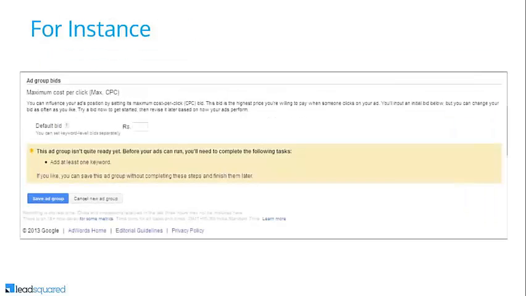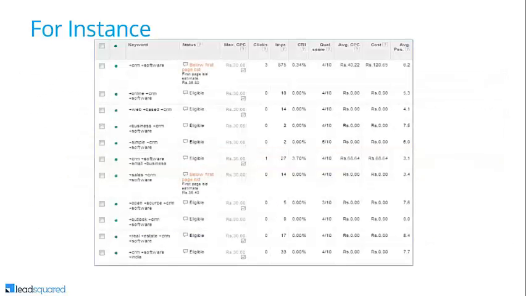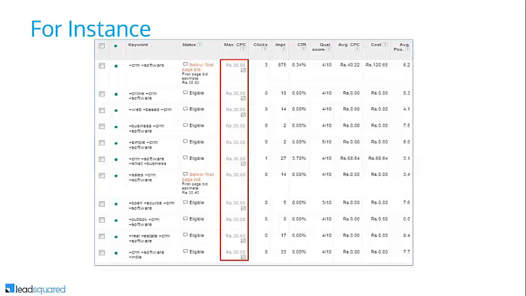For example, while creating your ad group, if you put rupees 30 as the default bid and save your ad group, then all the keywords in the ad group get a default bid of max CPC of rupees 30. You can see here some of the keywords are eligible to appear on the first page, while 2 of them are not. So I may have to alter the CPC and make it 35 or 36 rupees to make them appear on the first page, right?